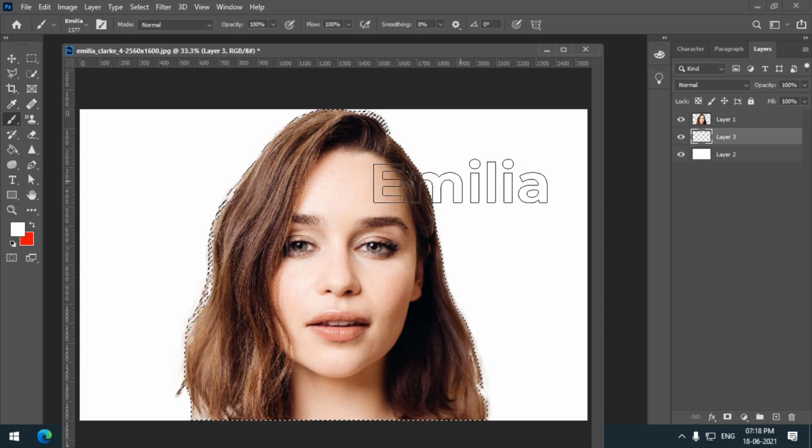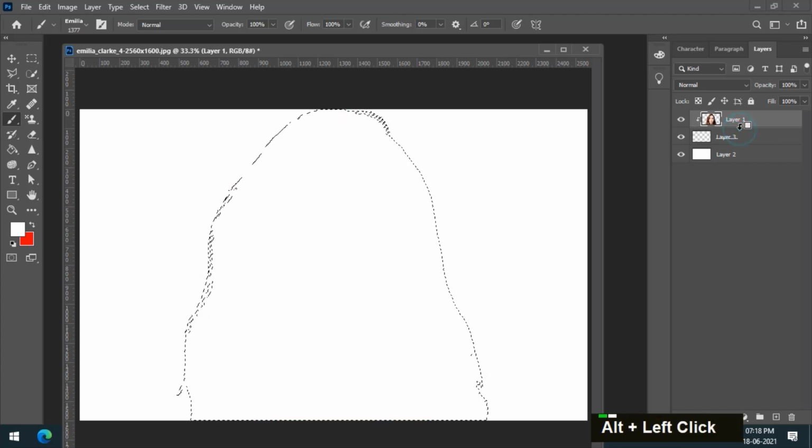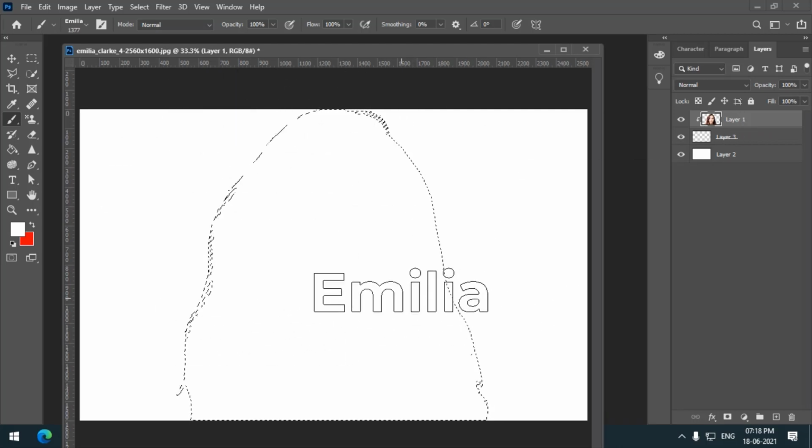Then I'm going to clip this layer to the layer below that. I can press and hold the Alt key or Option key if you are using Mac and click, or you can do it by right clicking on it. So I have selected this area of the layer.